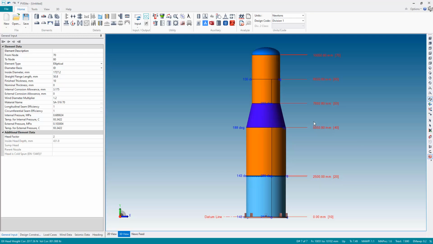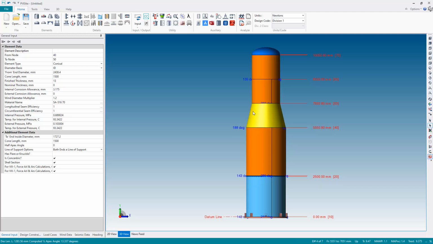Okay, so let's now make a small change and then add some details such as nozzles and a platform to get the pressure vessel ready for analysis. First of all, I'm going to go into select mode and select the cone, and I'm going to change the diameter of the small end of the cone. This top chamber doesn't need to be so large, it can be a little bit smaller, so I'm going to adjust the diameter of this small end, or the far end of the cone. So I'll change that down to 1.25 meters,